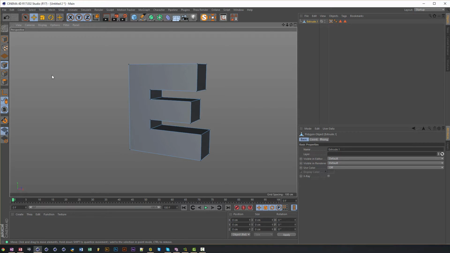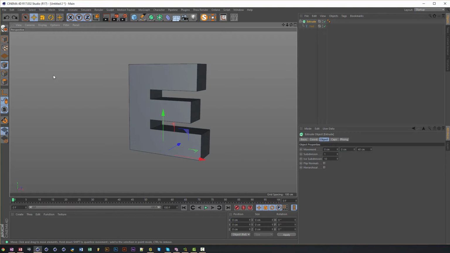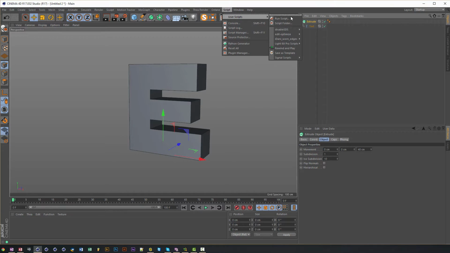And there is a nice little script. I will put the link in the description to download. It's a free script that makes it much easier. It works with everything, works with small text as well. So if I go to the extrude, there is a script called edit optimize. And if you